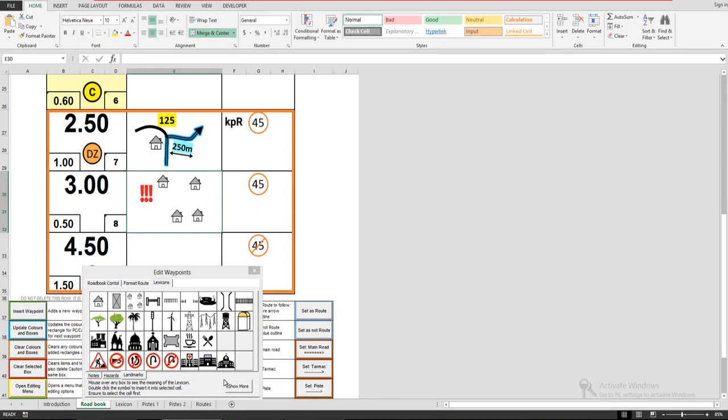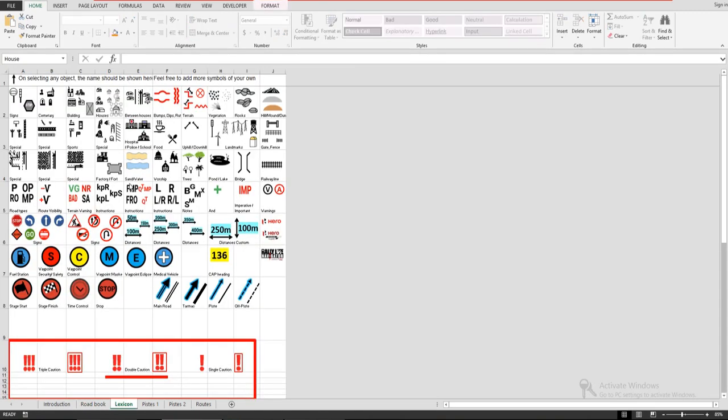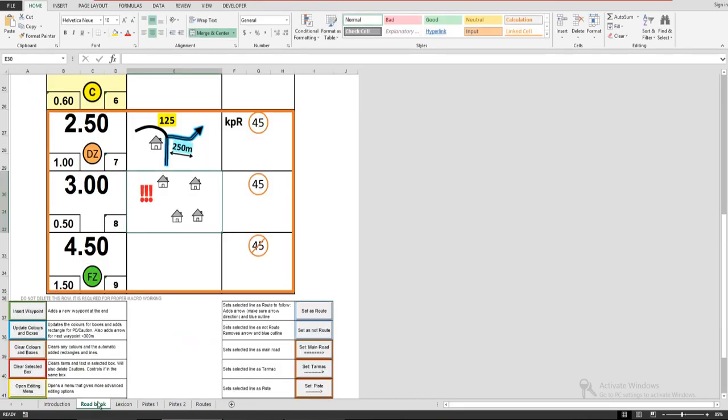And the last button here is a button that says show more, and if you click this, it takes you to the lexicon sheet. So anything that you could not find in the lexicon, you can copy paste it from here. So these are three ways of working with the Roadbook format. One is to manually insert, one is you have some buttons and some right click inserting, and the third is using the editing menu. But of course you can also always use them in parallel, all three together.